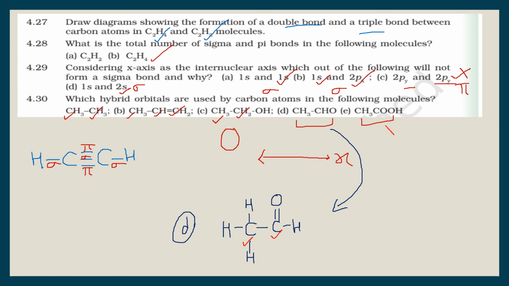Same way for this, you can draw CH3. Here you cannot show oxygen with a single bond to hydrogen and carbon because that will not be a stable structure. Reason being carbon will have only 3 bonds there, but each carbon should have 4 bonds. And even if you show a double bond here, then oxygen will be having 3 bonds, one with hydrogen and 2 here. That is also not possible. So the structure is as we have drawn it.